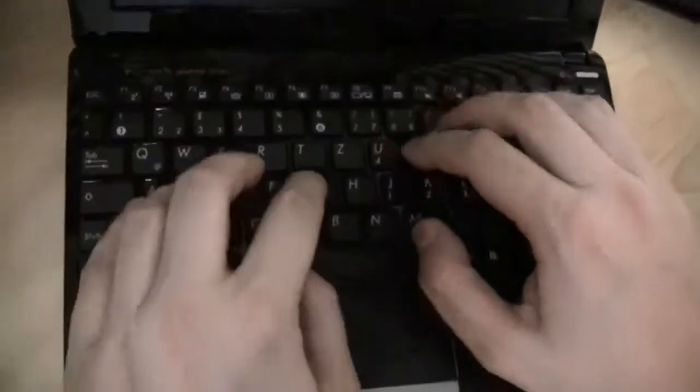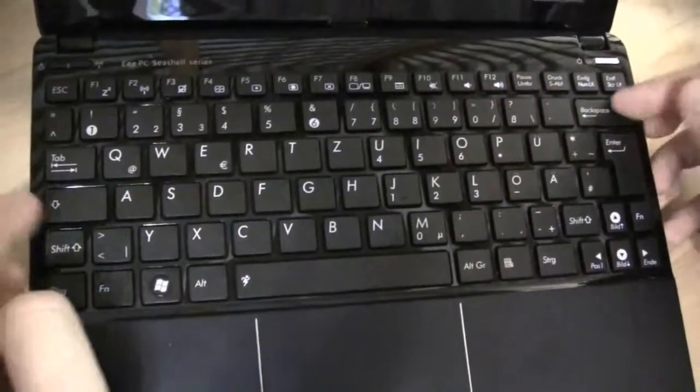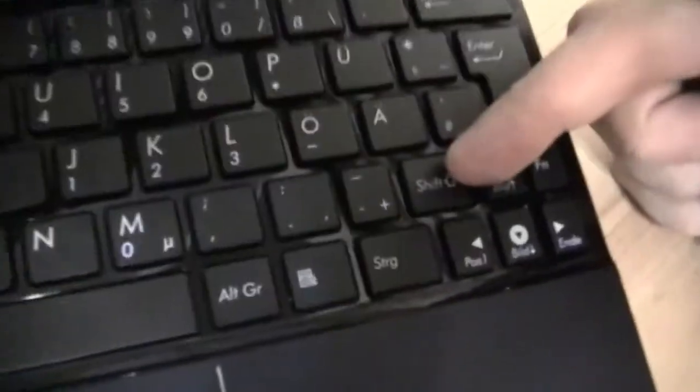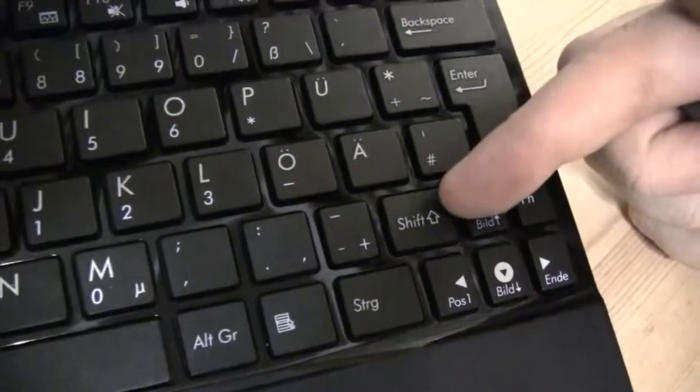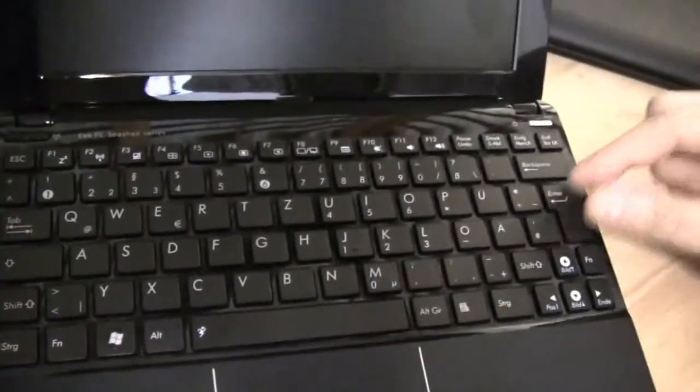They are using a chiclet keyboard, and it's a really good one. Nothing bends over here anymore. I have to admit they have pretty small left and right shift keys, but I'm really sure that you can get used to it. Very decent big tab key, and also an enter key over 2 rows. I really like that. So if we compare this, for example, to the keyboard